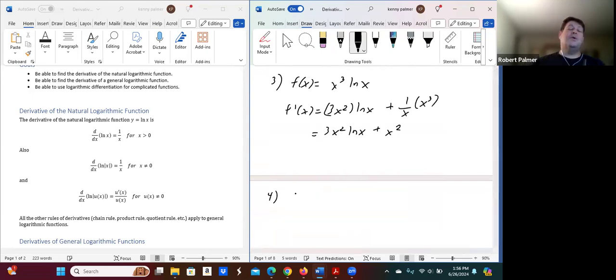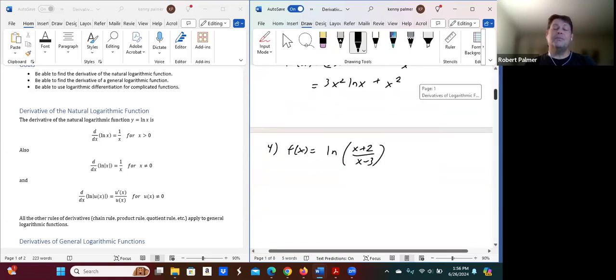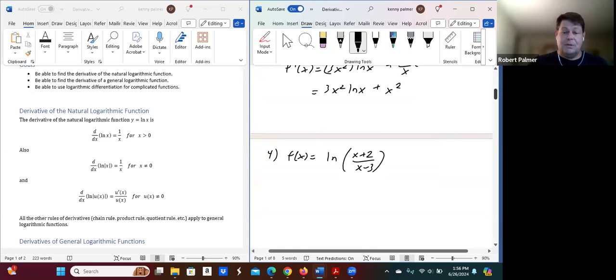Now, let's look at something else. Let's look at this next example, or next couple examples. This time, let's say my f of x is going to be the natural log of x plus 2 over x minus 3. Okay. Now, a couple ways I can do this. One thing I can do is essentially use the chain rule, so the derivative of natural log first, then the quotient rule of this, for example, or product rule, okay? But what I'm going to do here instead is actually use